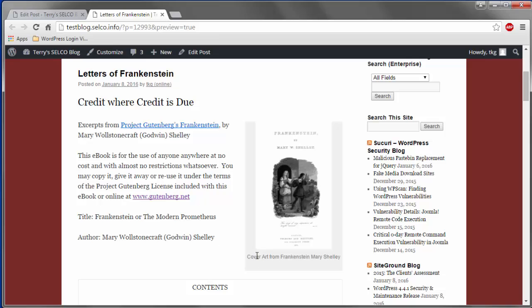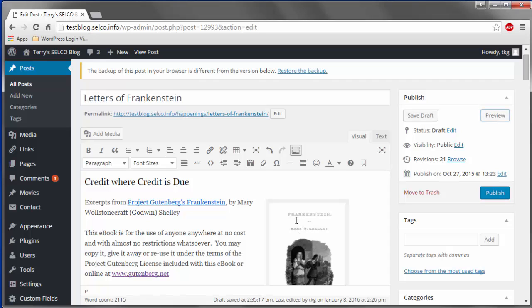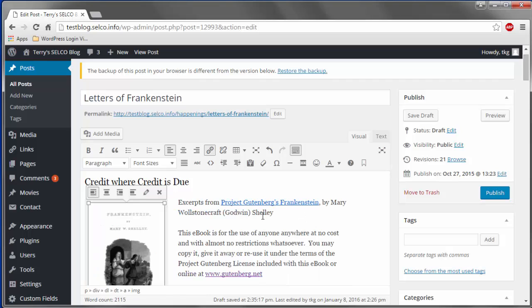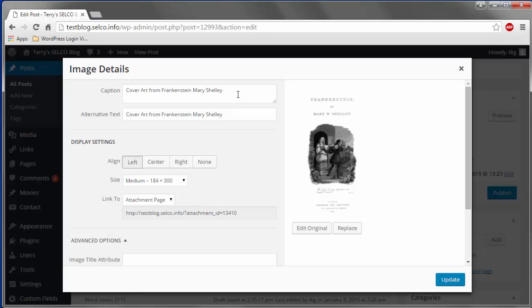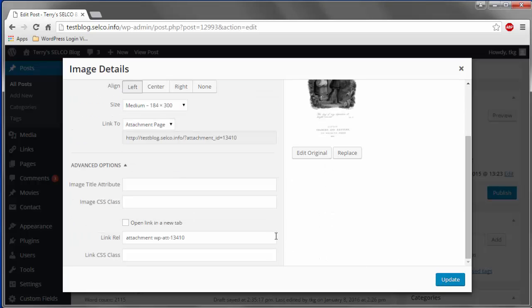Now the other thing is, we probably don't want a caption on here. It just doesn't seem to work well, and probably don't want it on the right of our page either. So in which case we can click on the image, we can change it to left alignment right here. Look, see how it jumps? And then to remove the caption, we click on edit, and we go up here and we remove the caption. Though we do want an image title attribute. This title attribute is what's commonly known as help text or flyaway text. If the user hovers their cursor over the image, this will pop up in a little window. So we'll go ahead and update